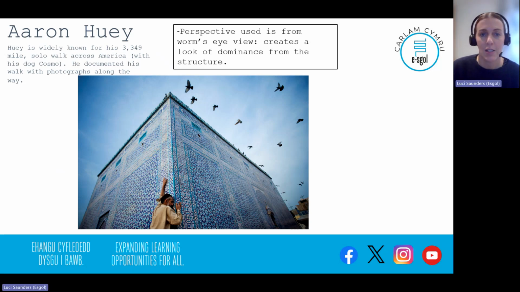So the perspective here is, as I mentioned previously, from a worm's eye view. So perhaps the person taking the photograph is lying on the floor, or at least crouching, which you may have seen photographers do on photo shoots and things like that. But it allows you to create a look of dominance from the structure or the person or the object that you are photographing. So this building looks really imposing because it feels as though we're looking up at it. So either we're very small or we're lying on the floor as the viewer. Whereas if the person had taken it head on, it would be a very different angle. So that's creating a really interesting